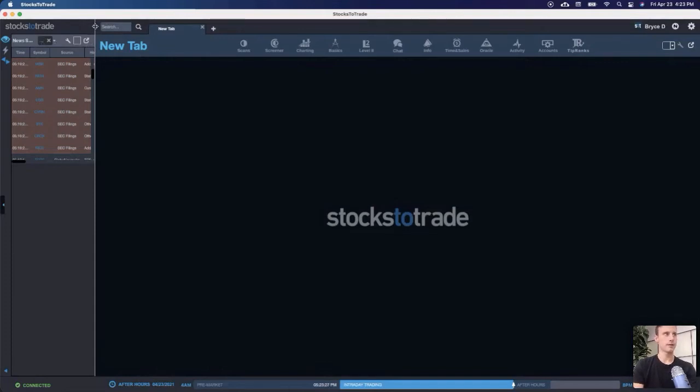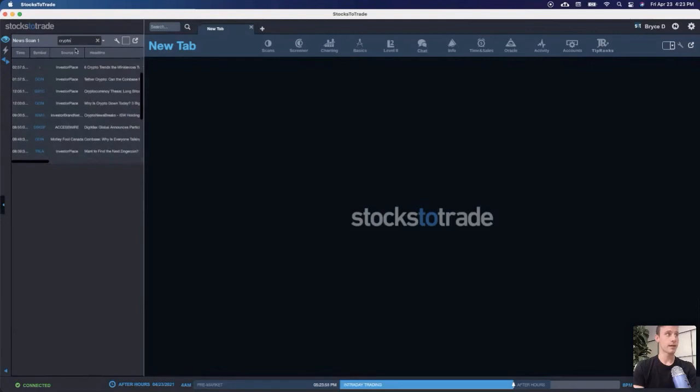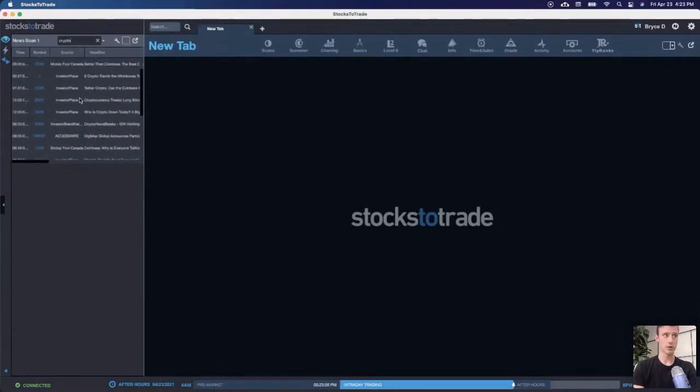So here, just for the sake of the video, I'm going to resize this a little bit so we can see these features. This search bar actually allows you to search keywords, and that's really important when you're scanning through news. So let's type in crypto. If you want to find all the news that are referring to crypto today, by clicking in the keyword crypto, it pulls up all these articles that talked about crypto today and which stock the news was posted on. So that is a great tool that you guys might want to use for the news scanner when you're scanning through,